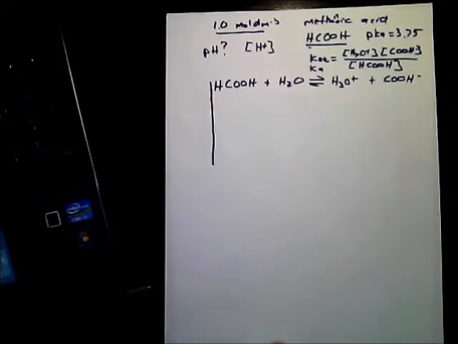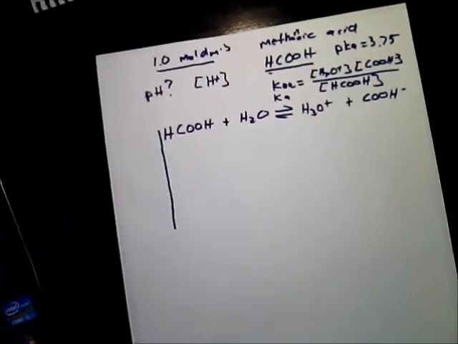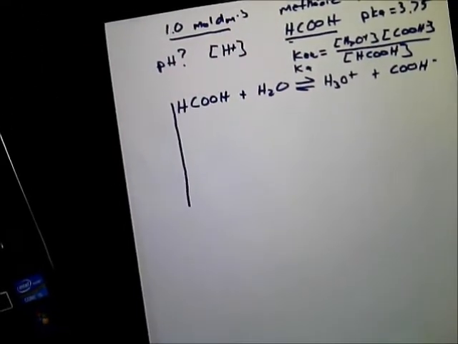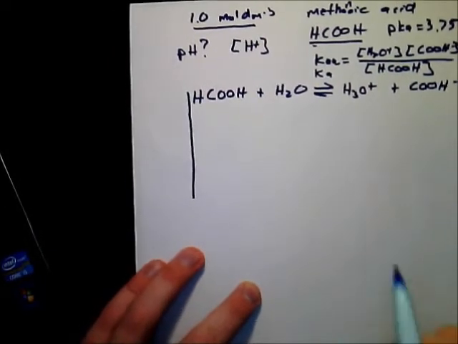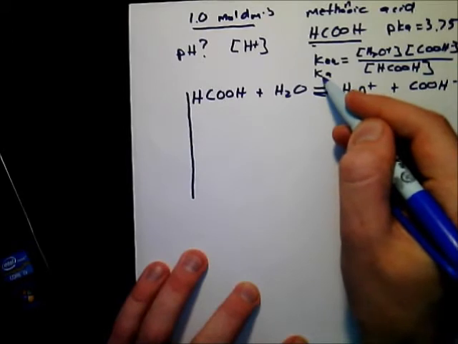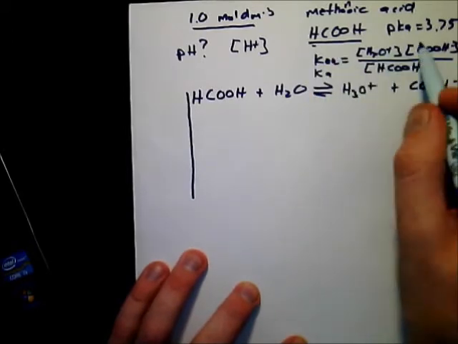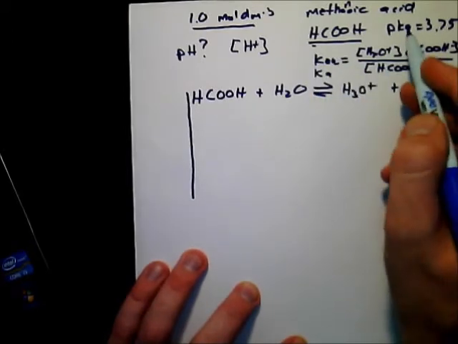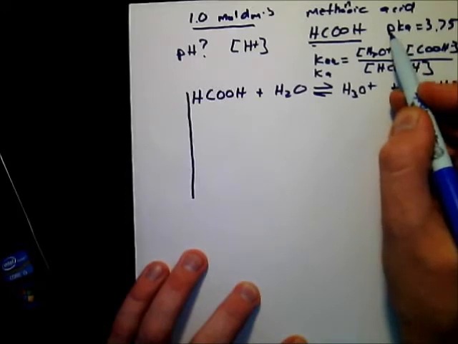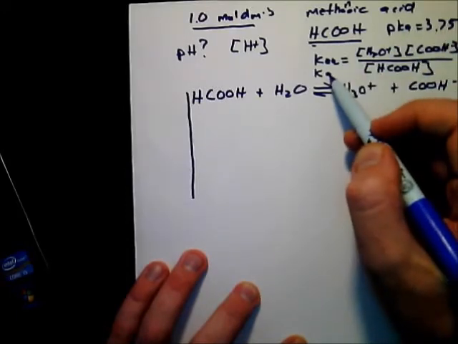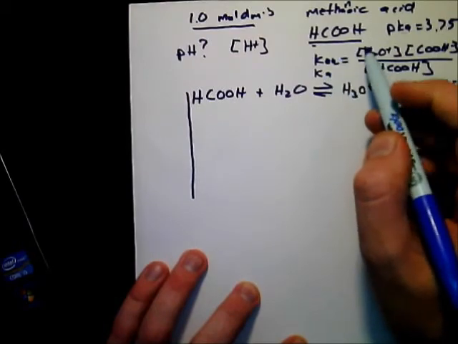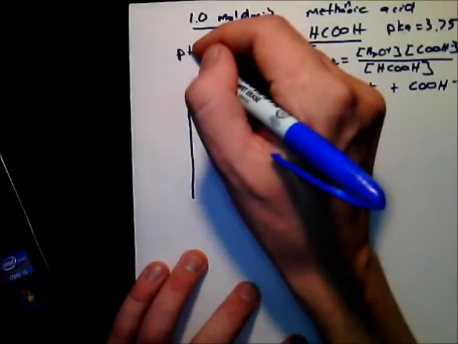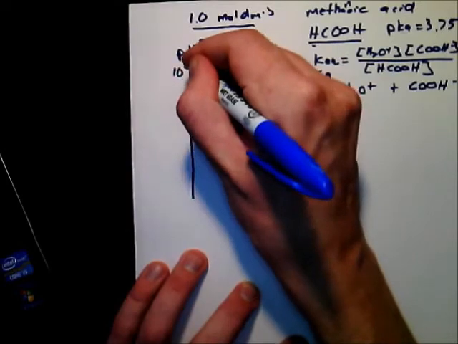So what I got to do, see if I can get this a little bit closer for you. Maybe see that a little better. What I got to do is find out what this Ka is. Eventually I'm going to need that in one of the last steps of the problem. So I can go from a pKa to a Ka, just like we did previously in this video a couple of times. I'm going to go 10 to the negative 3.75,